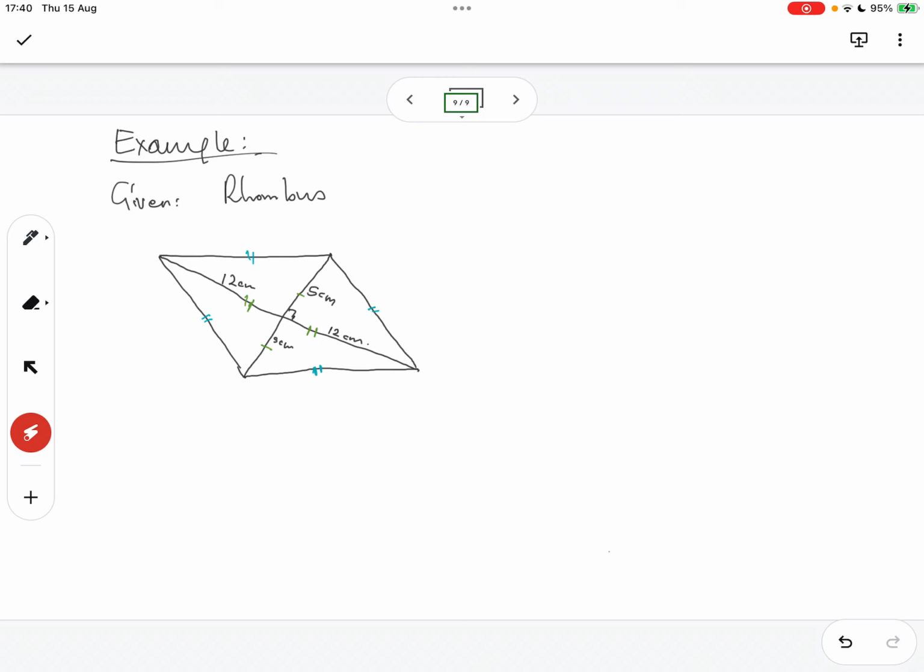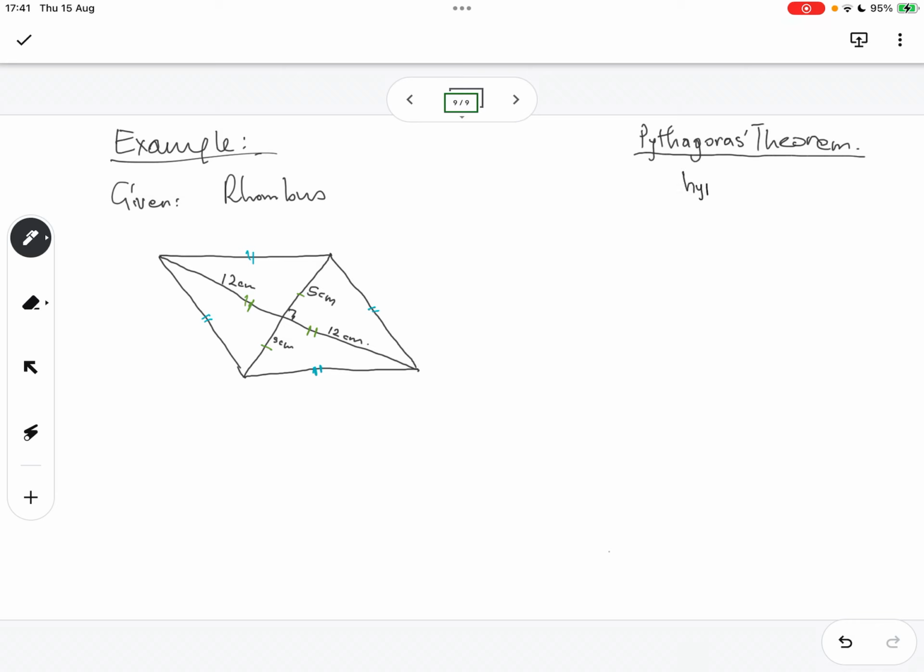The diagonals are cut in half, so they're equal. So this would be 12, that would be 12. But also this would be 5 and that would be 5. But where they intersect, it's at 90 degrees. Now when we have 90 degrees in a triangle, we can use Pythagoras. So in Pythagoras theorem, which is